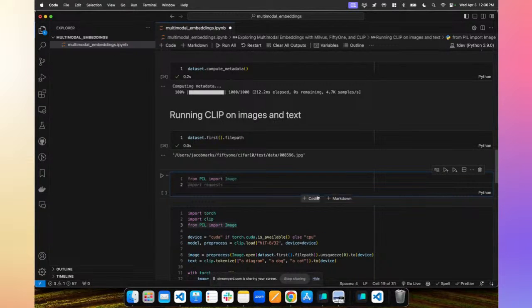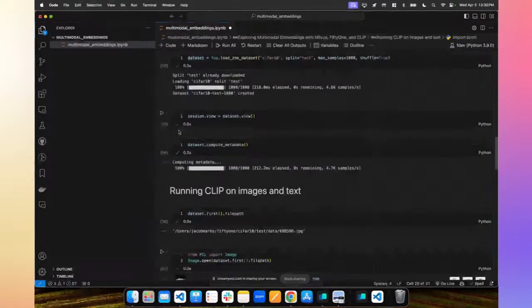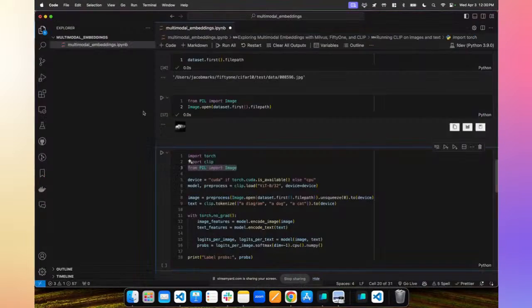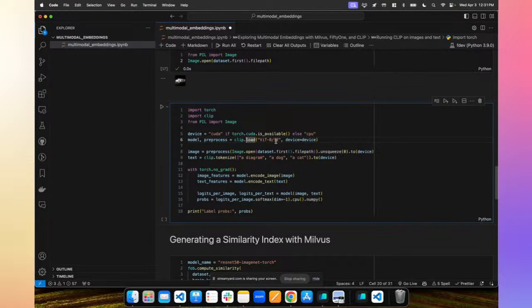So you import this and you do image.open, and it's very small, but you can see the image here. And that's the same image that appears over here. But what we want to do is run the CLIP model on this image. This code, which is basically copy and pasted with slight modification from the CLIP GitHub repo, allows you to pre-process images.